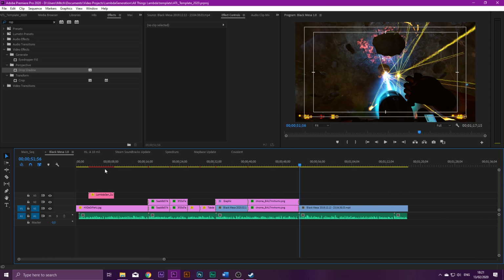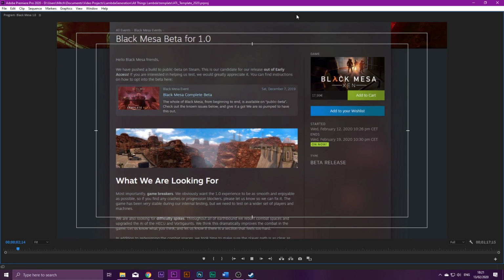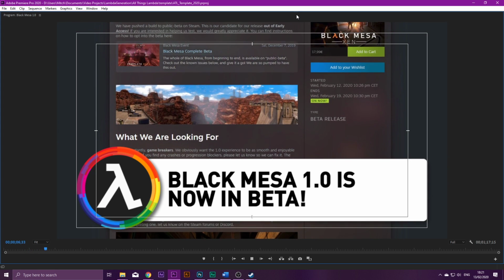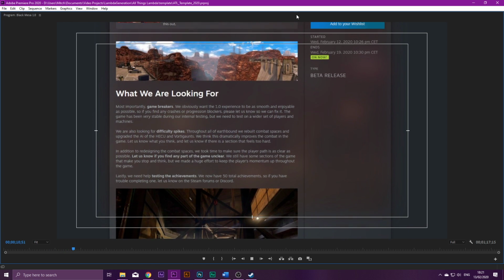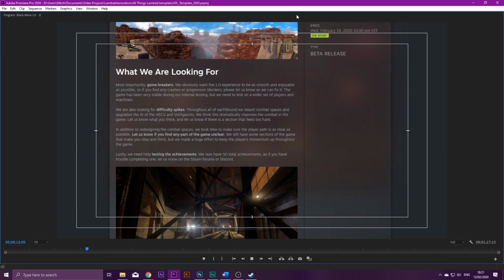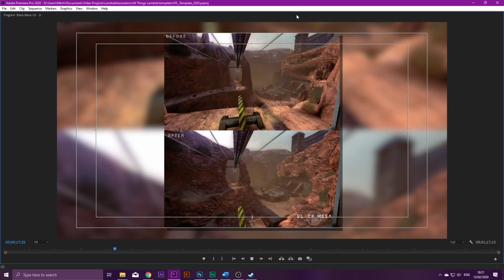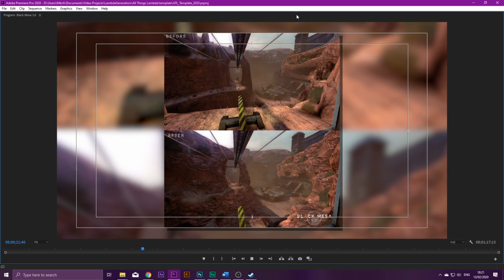Okay. Let's watch this segment. Black Mesa is coming closer and closer to being the final game that it was always supposed to be. The goalpost is coming near, and we just inched a bit closer still because the official Black Mesa 1.0 beta has been released in the public beta branch on Steam. The main things that are going to be included in the official 1.0 release are improvements to the Earthbound levels,